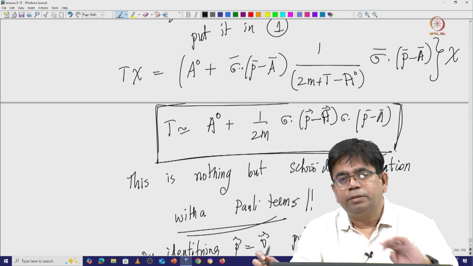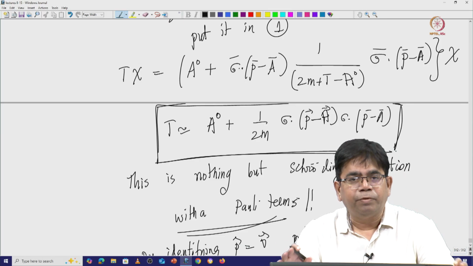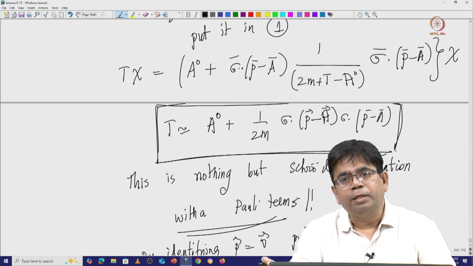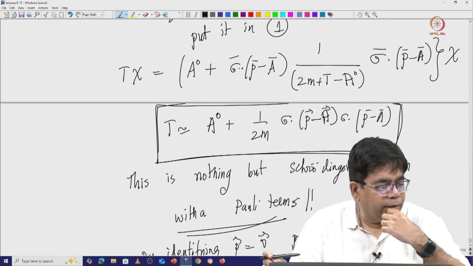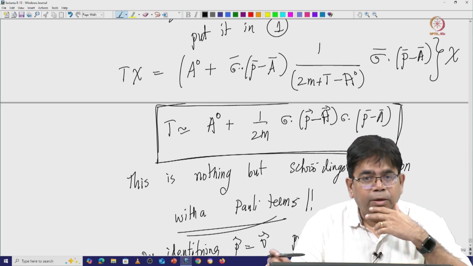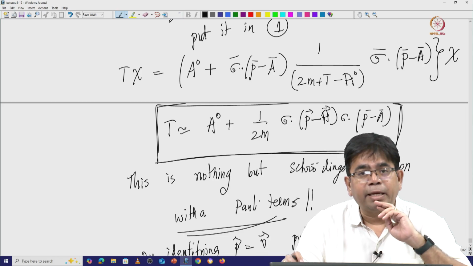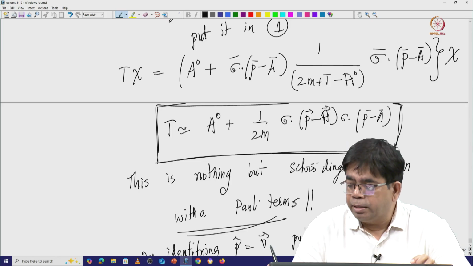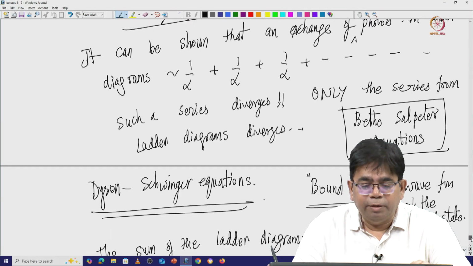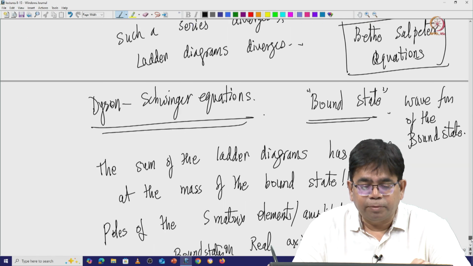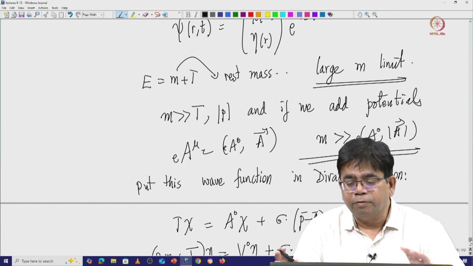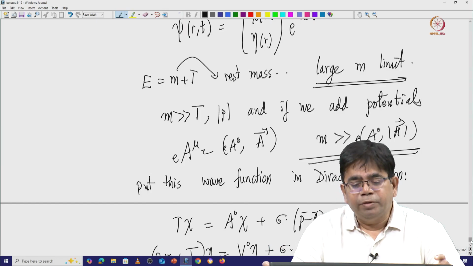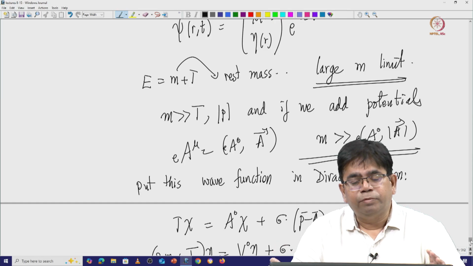Now, but this is not the best way to solve it essentially. This is not the best way to get the non-relativistic reduction of the Dirac equation. Now the problem is that it depends upon what T you are using. So if you use a different T, it gives you a different answer essentially. It is a T-dependent quantity, which we would say we shouldn't like.